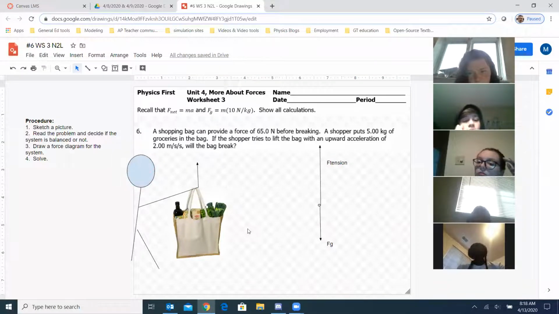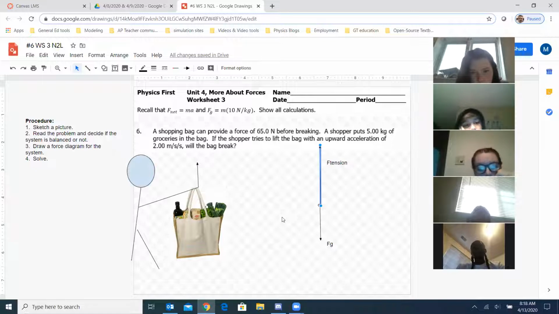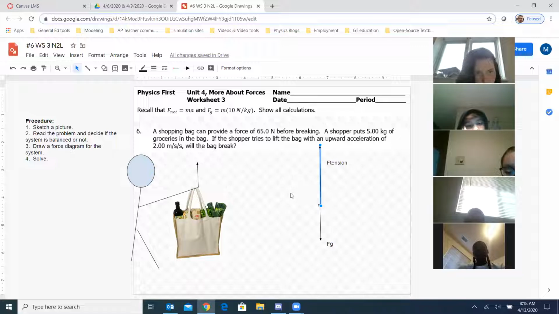What's kind of nice about this problem is I think there's only 2 forces. There's a force downward, and then there's some force upward. I didn't really know what to call that force. I called it a tension force. I suppose you can call it a pull force, or maybe a lift force, because it says it's being lifted. But there's 2 forces for sure. It says that it's accelerating upward.